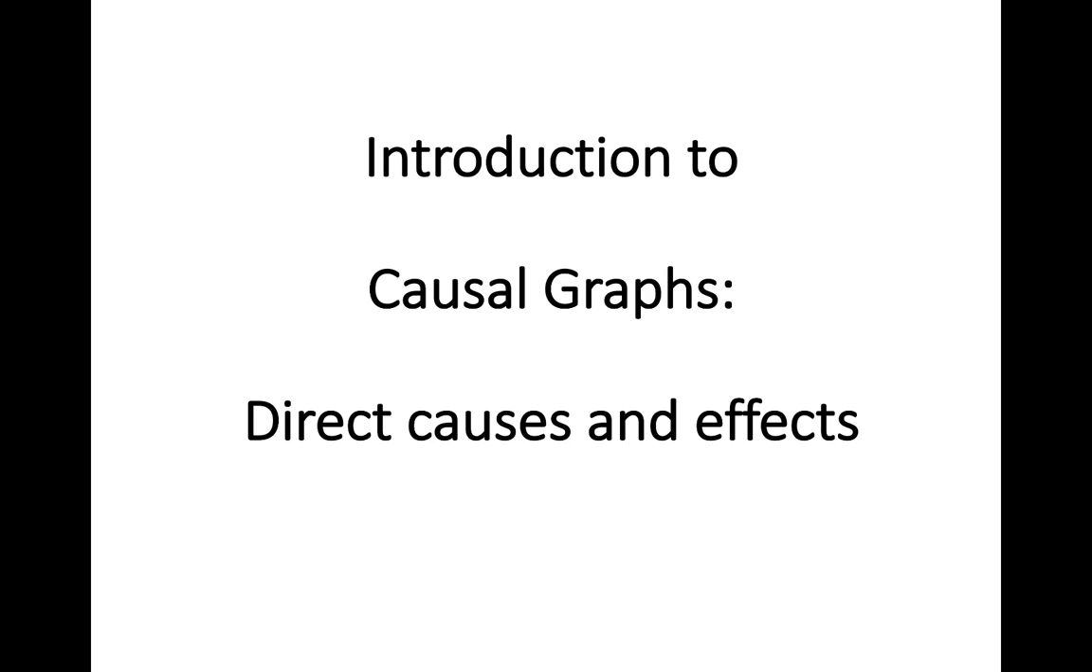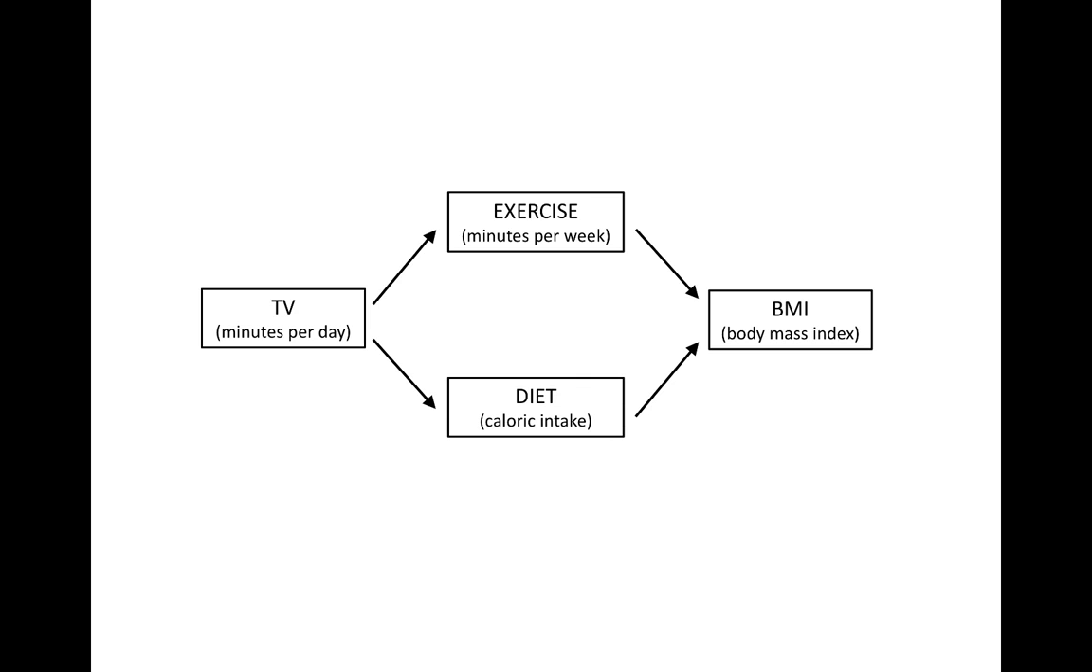This video is an introduction to causal graphs. In a causal graph, there are variables and arrows that connect them. The arrows are also called directed edges. Each arrow represents a direct causal relationship. So in this graph, TV watching is a direct cause of diet and of exercise, but not of body mass